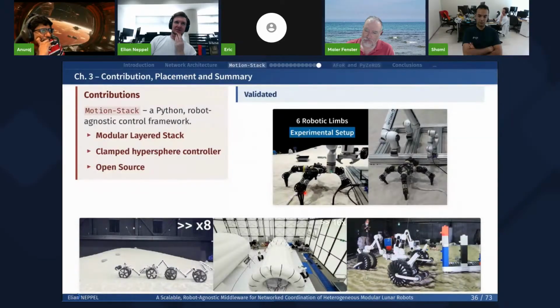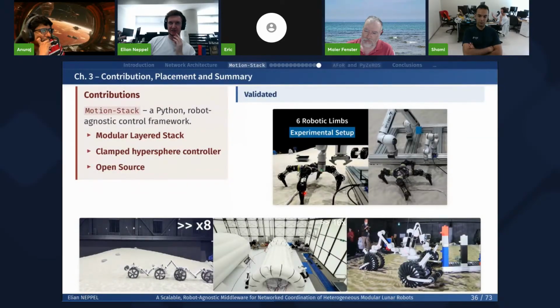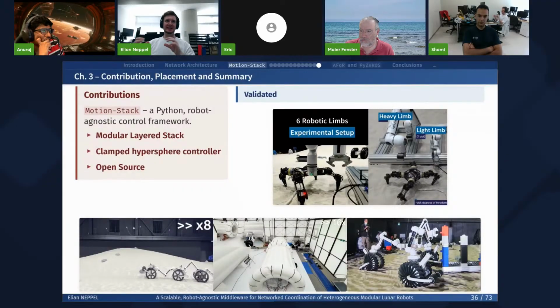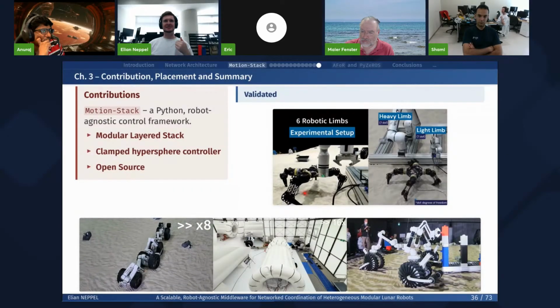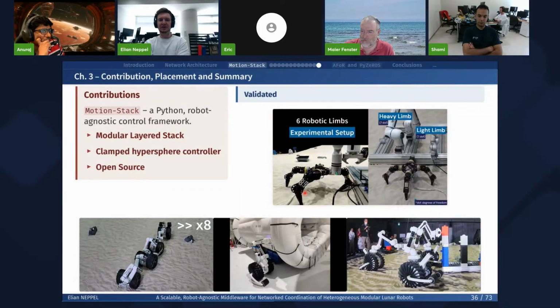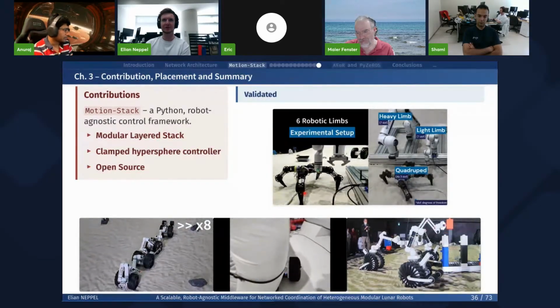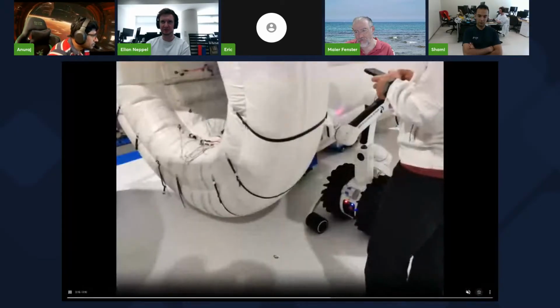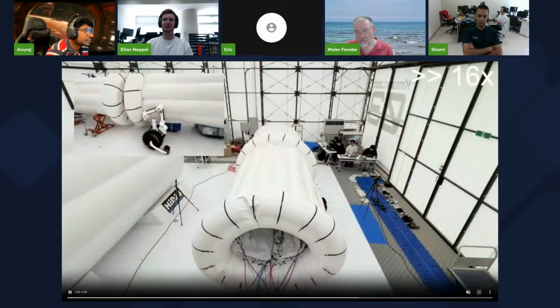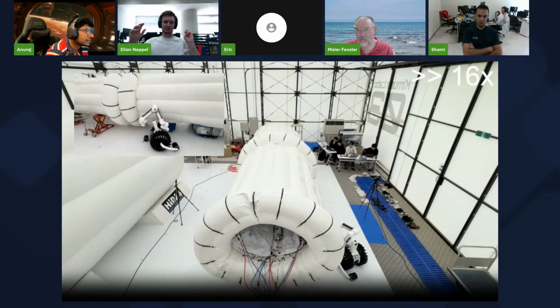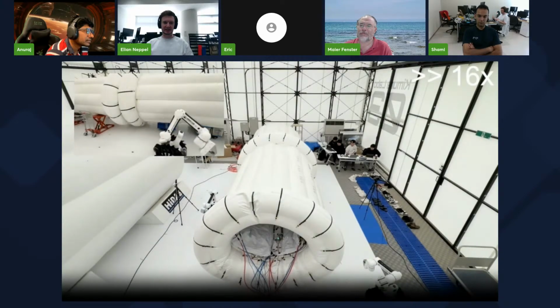And yes, to summarize everything, we've seen the motion stack software, which is a Python and robot-agnostic control framework that is layered like the OSI stack and has this clamped hypersphere controller to synchronize everything. And about the Wi-Fi and entire Moonbase operation, there's this interesting video where we have two robots that are not connected together, and they should perform some kind of transportation task.